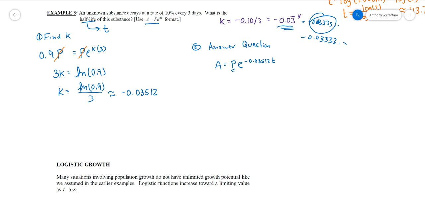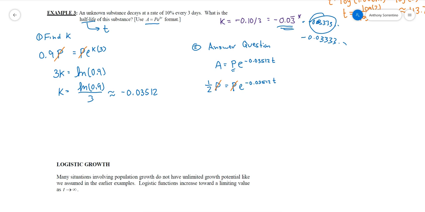So for me to solve this, I'm going to have to let A be 1/2 of what P was, half the original amount. So again, if you're using your own numbers, you would have taken half of whatever you let P equal, and you would get to the same point whenever you start carrying through your work. You would divide both sides by the original amount, whatever you allowed it to be. You would still get 1/2 equals e to the negative